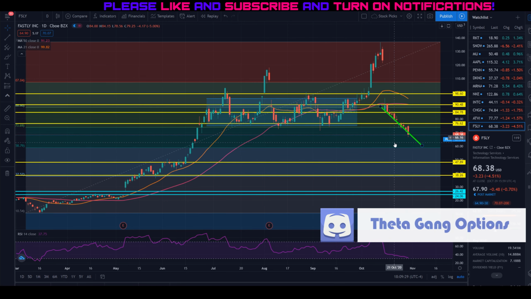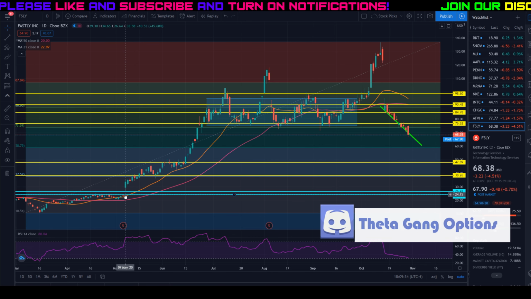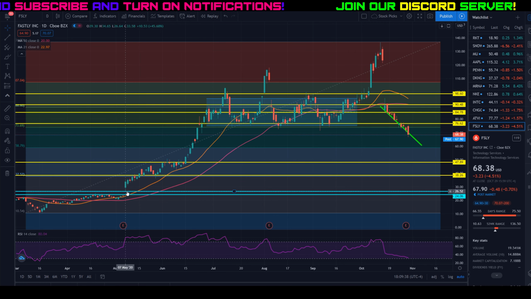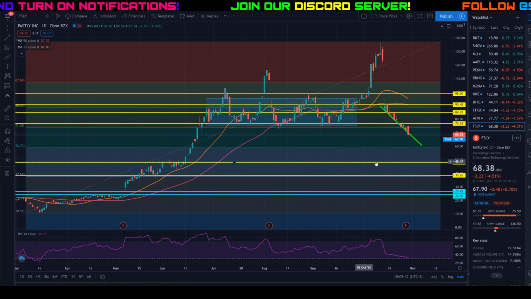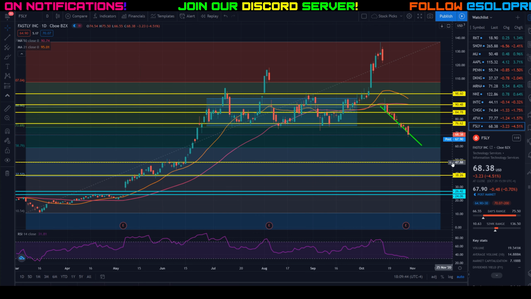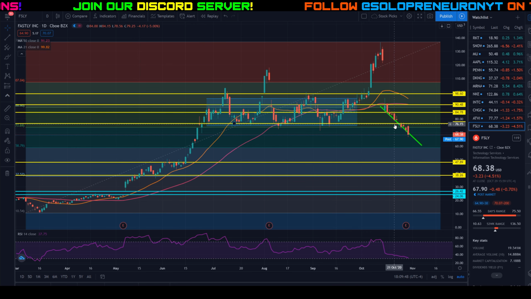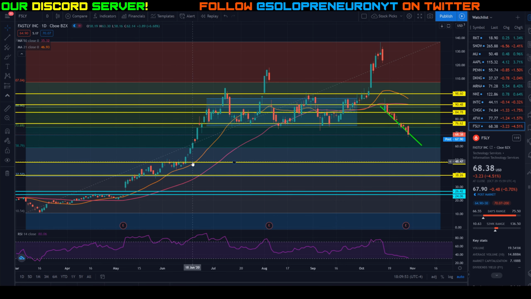Let's see what else we got. It's difficult because there's not a lot of price action from about $24 to about $74. It's just been going up, so we don't have a lot to go off of. You can see my next area of support is all the way down here at $48. And looking between 48 and about 78, let's just say, I don't really see any good levels of support or